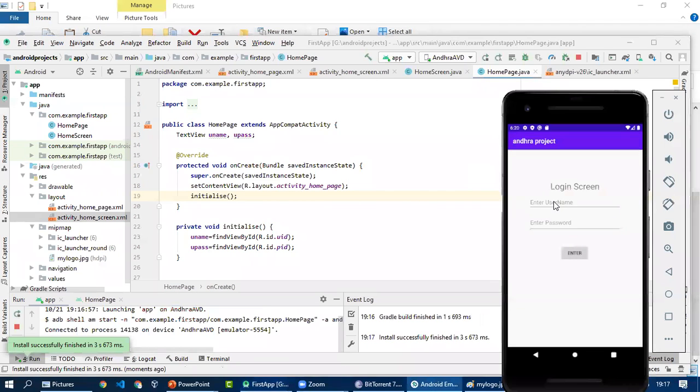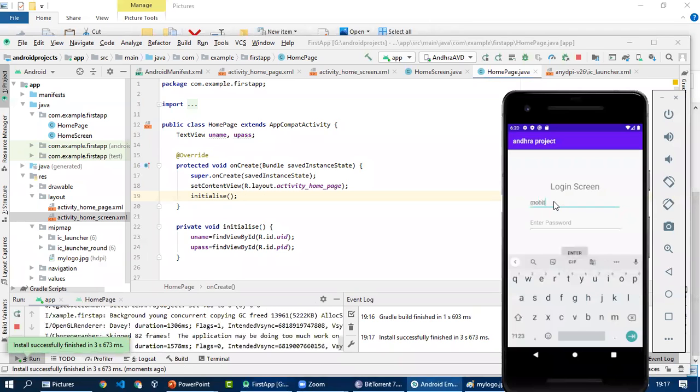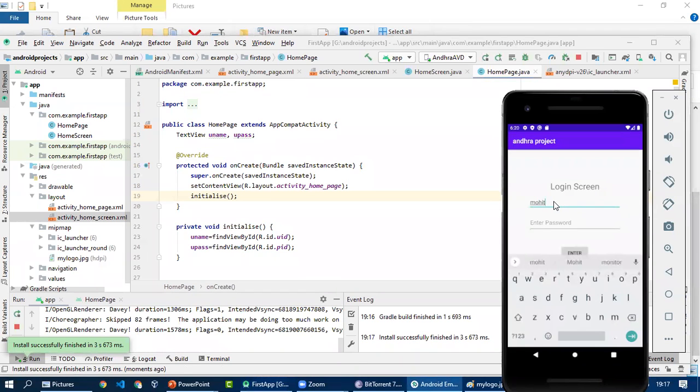Here is your screen. So when I enter Mohit and the password 1234, and when I hit enter, then what I am getting: invalid credentials.